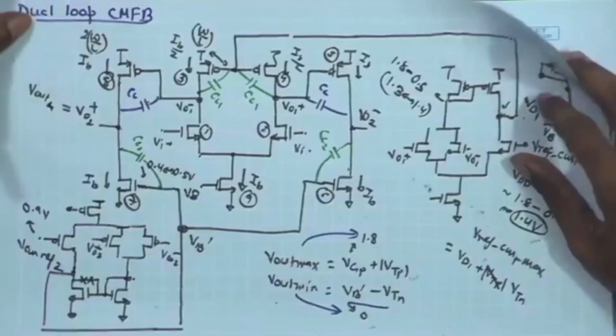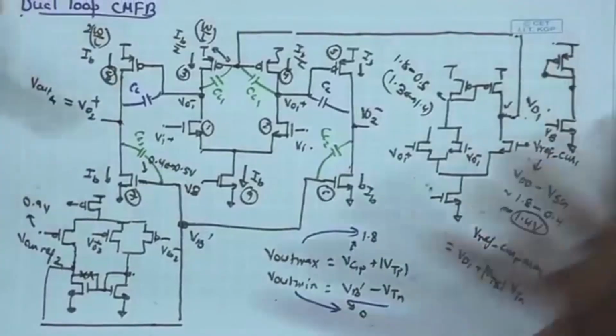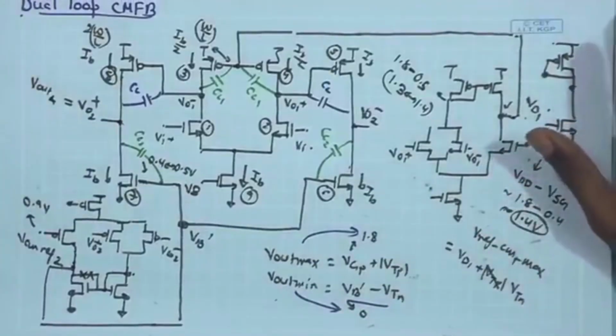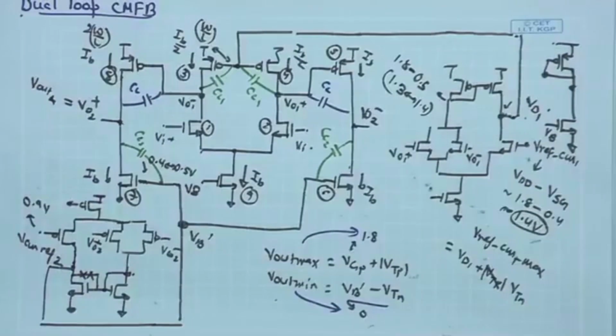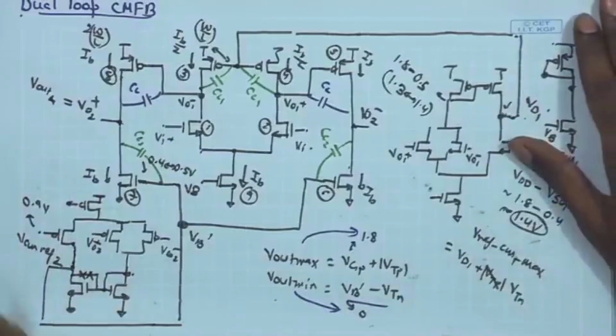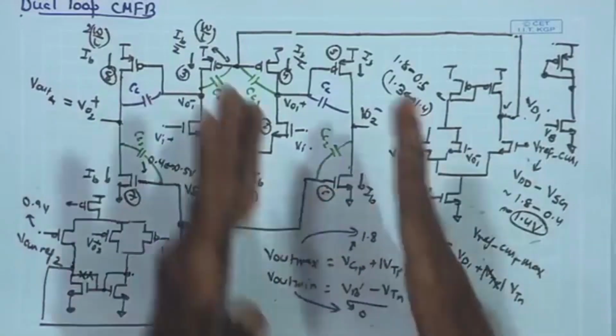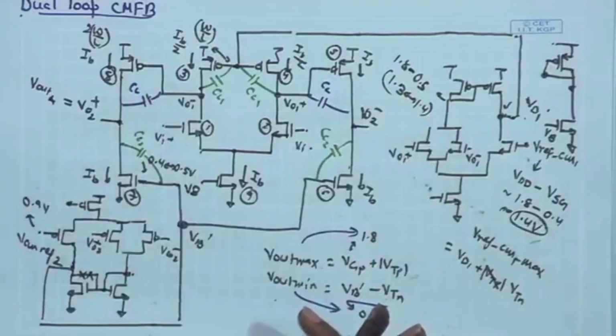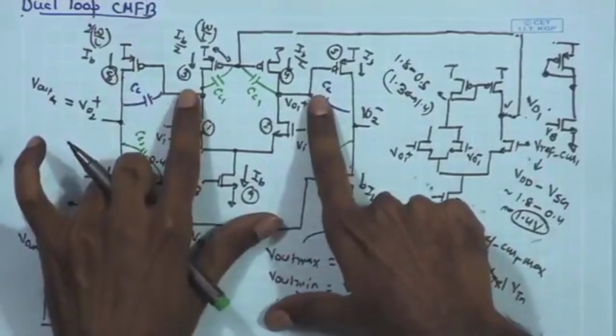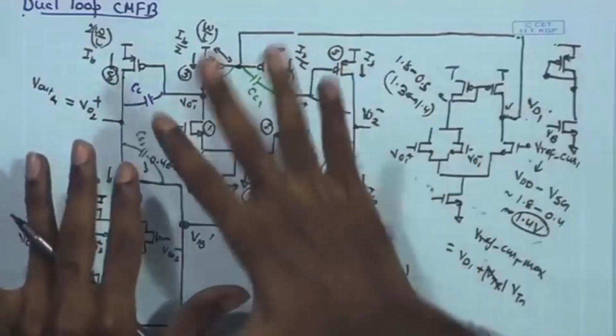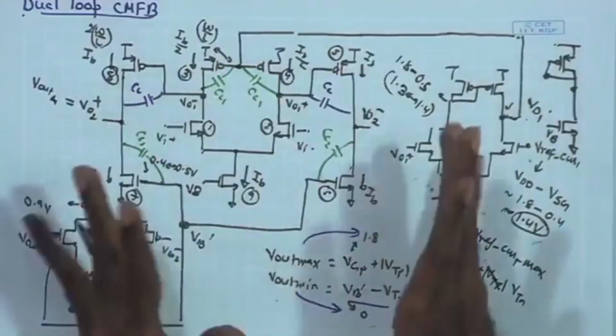Welcome back, and let us resume our discussion on the dual loop common mode feedback and contrast it with the single loop common mode feedback that we were discussing. So we have discussed the basic advantage over here that in the two stage common mode feedbacks we have the advantage of setting the bandwidth of the common mode loop and the differential loop separately and optimizing them separately,